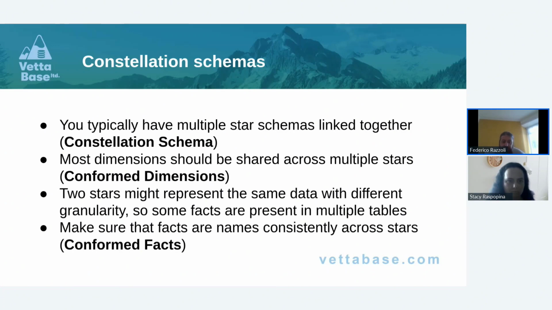Again, this is called conformed dimensions. Two stars might also represent the same data with different grain or different granularity. So some facts are present in multiple fact tables. Those facts should have the same name and the same,